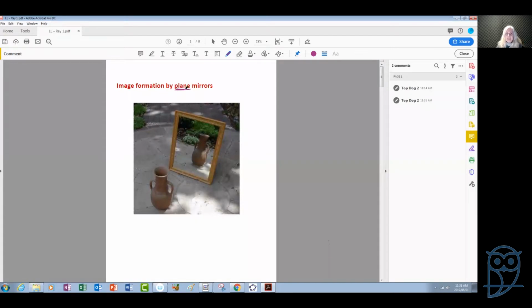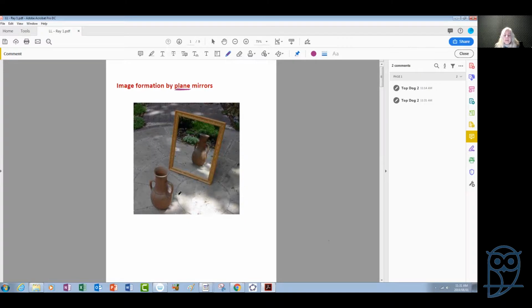They don't have any curves. They're just flat, like this mirror here, the common mirrors, in other words. And if we look at this picture here, what do we see? We have some pottery here, some container, and we see its reflection inside the mirror. It looks as if it's inside the mirror, but of course we know that there's nothing inside or behind the